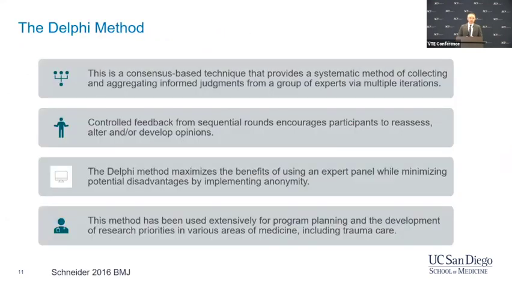And for this process, we wanted to be as rigorous as possible, so we utilized the Delphi method, which is a consensus technique that provides a systematic method of collecting and aggregating questions from experts via an iterative process where there are multiple rounds in which the panelists have feedback, and I'll talk a little bit more about the specifics of that as it relates to our panel. But this allows, I think, at least initially, an unbiased collection of research questions, and then the ability of the experts to go through in multiple rounds to decide, are those low, medium, or high priority? And if they're high priority, where on the spectrum do they fall?